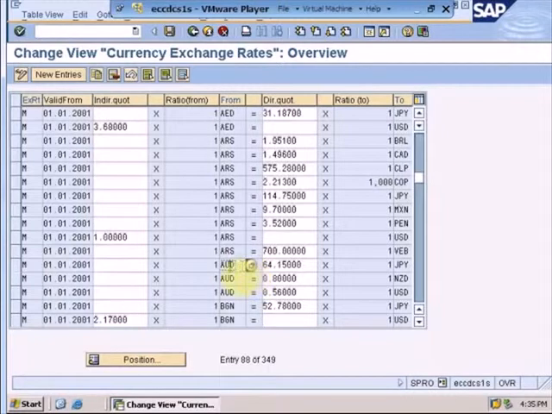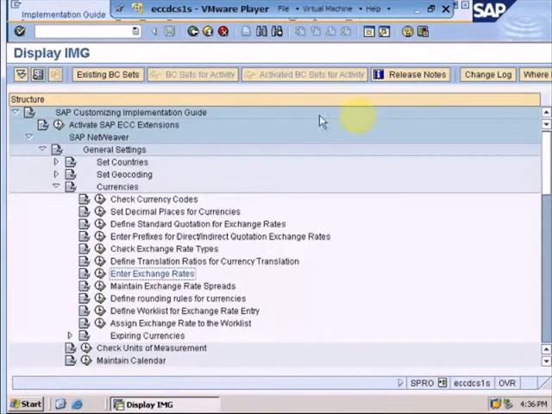Moving on to the concept of inversion, if I have defined Australian dollar to Japanese yen, and now my transaction needs to translate the exchange rate from Japanese yen to Australian dollar, it will automatically get derived from this exchange rate translation that we have defined if we have configured our inversion translation. Once I have defined my exchange rate, I just have to click save, and whatever transaction takes place, the system will automatically derive the exchange rate translation from this table. This concludes our exercise.